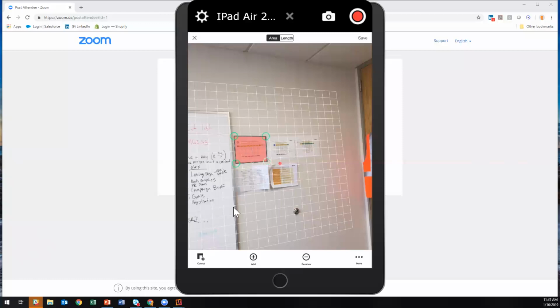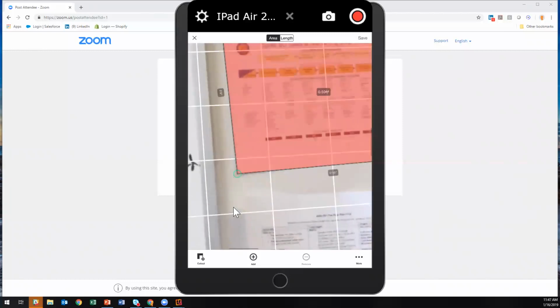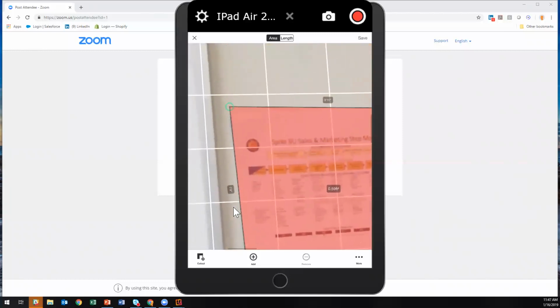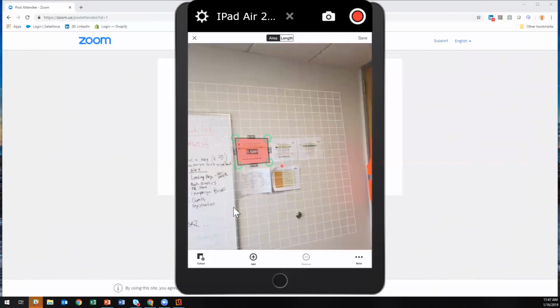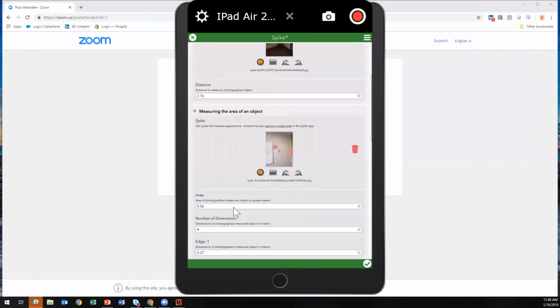It looks like I've done that because, you know, these papers are 8.5 by 11, right? And then do that again here. Or I can just use the good old pinch and zoom. Oh, and sure enough, I was off just a little bit. But anyway, I've gotten what I need. I go ahead and hit save. I've measured the area of the object.